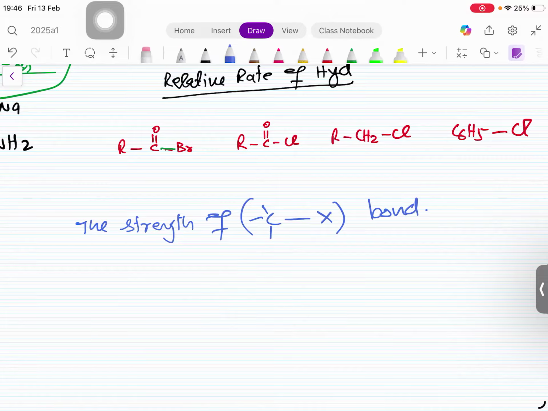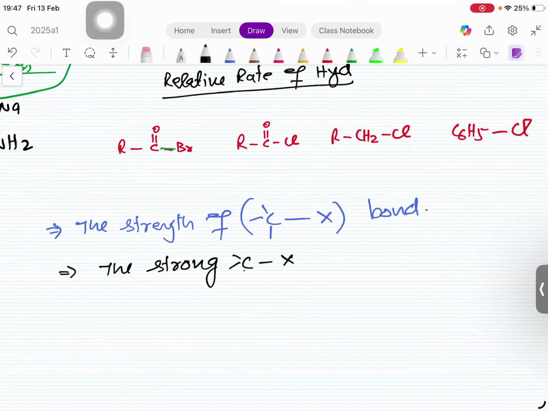Because this is the bond that has to break, and the stronger the bond, the lower the rate or speed of hydrolysis would be, or it would be harder to hydrolyze, right? The strong C-X bond means hardest to hydrolyze,